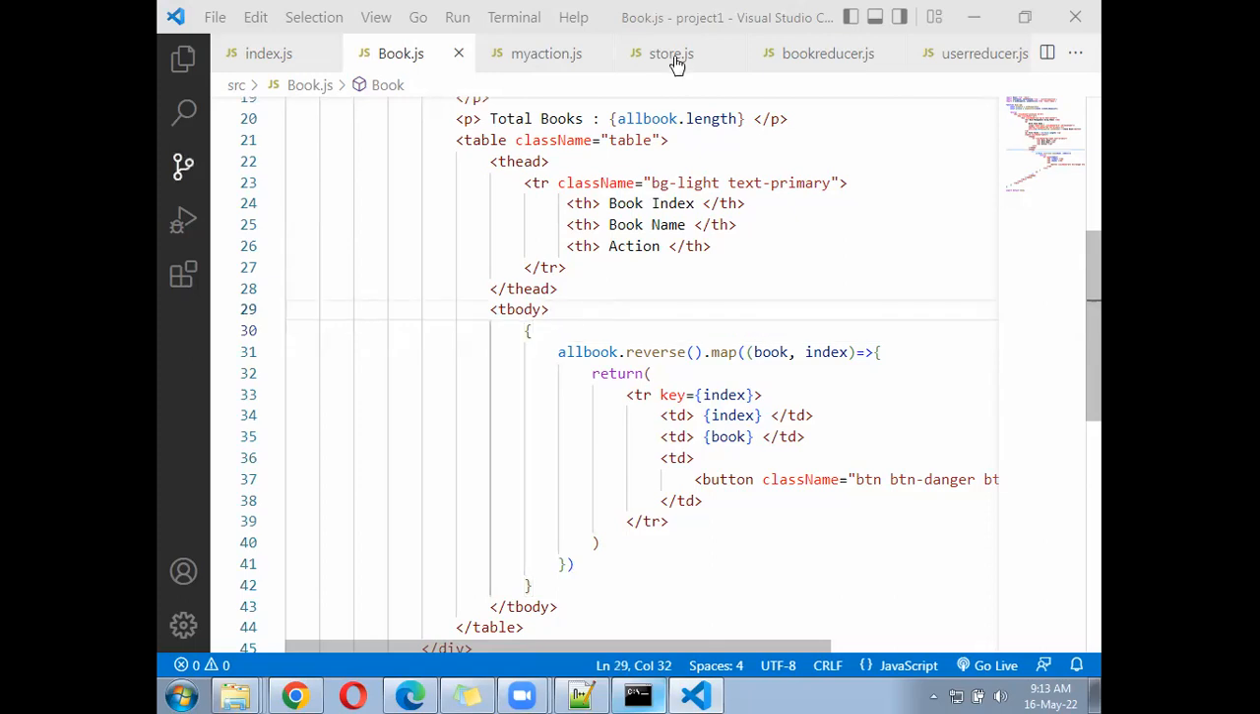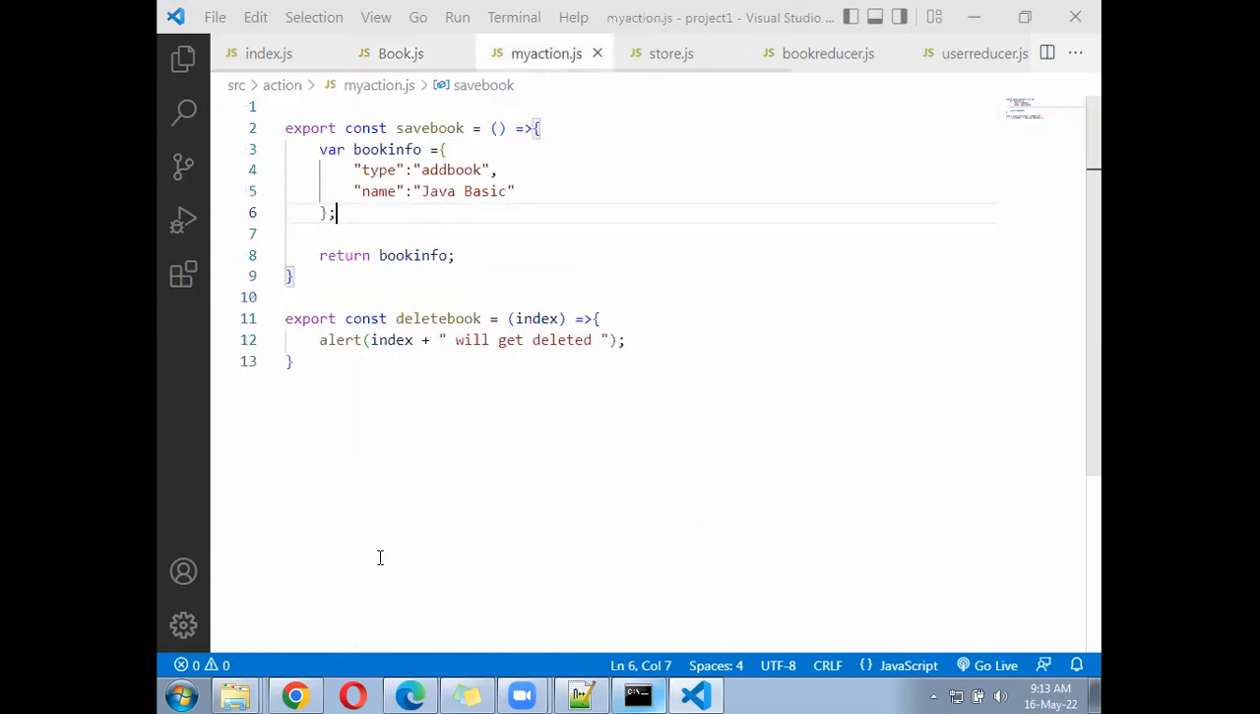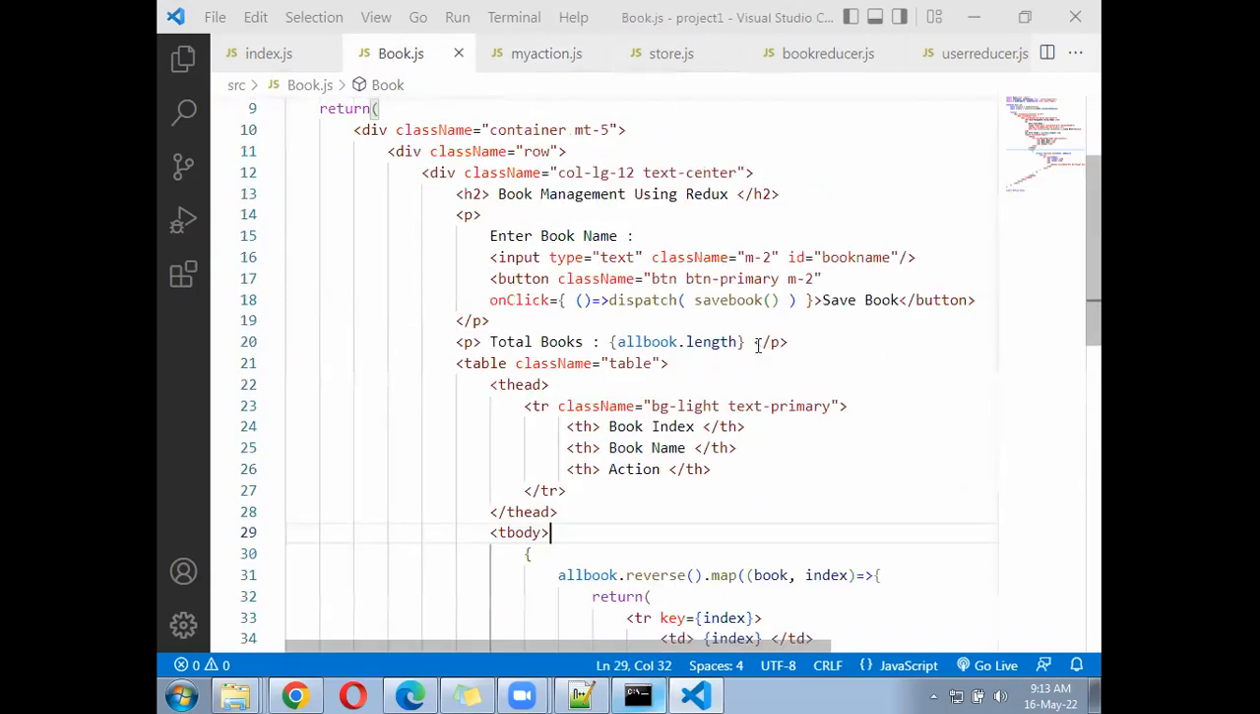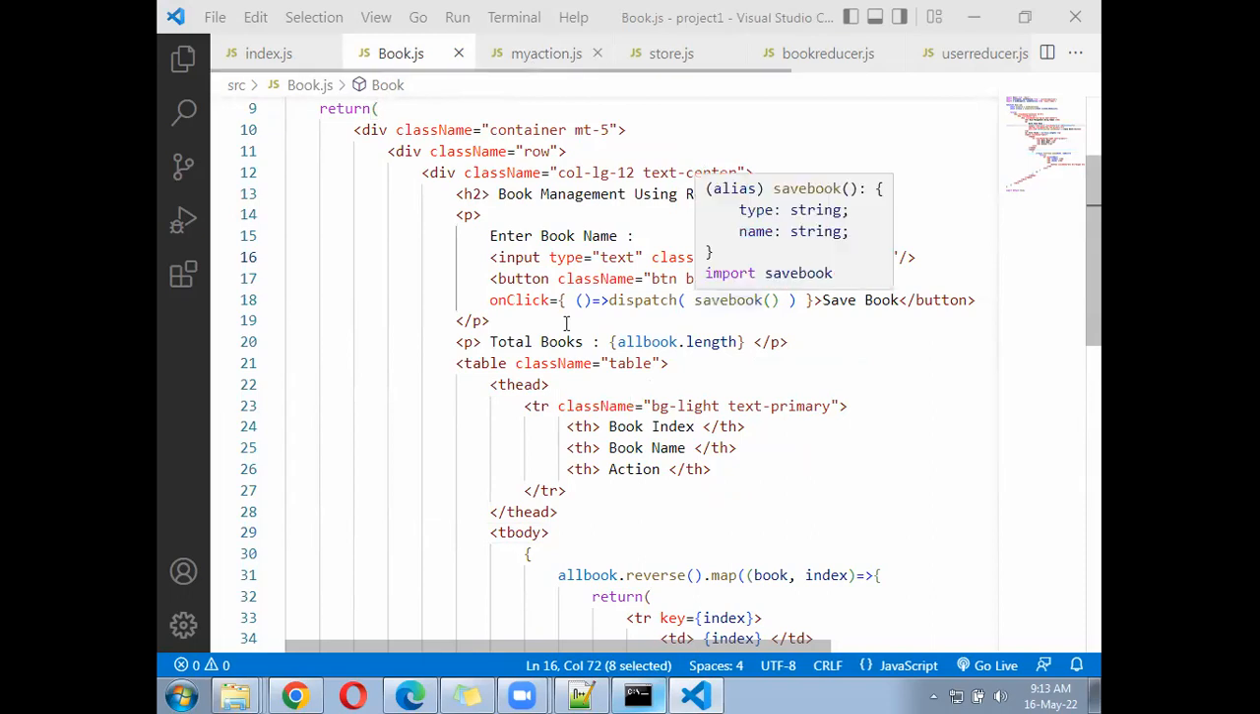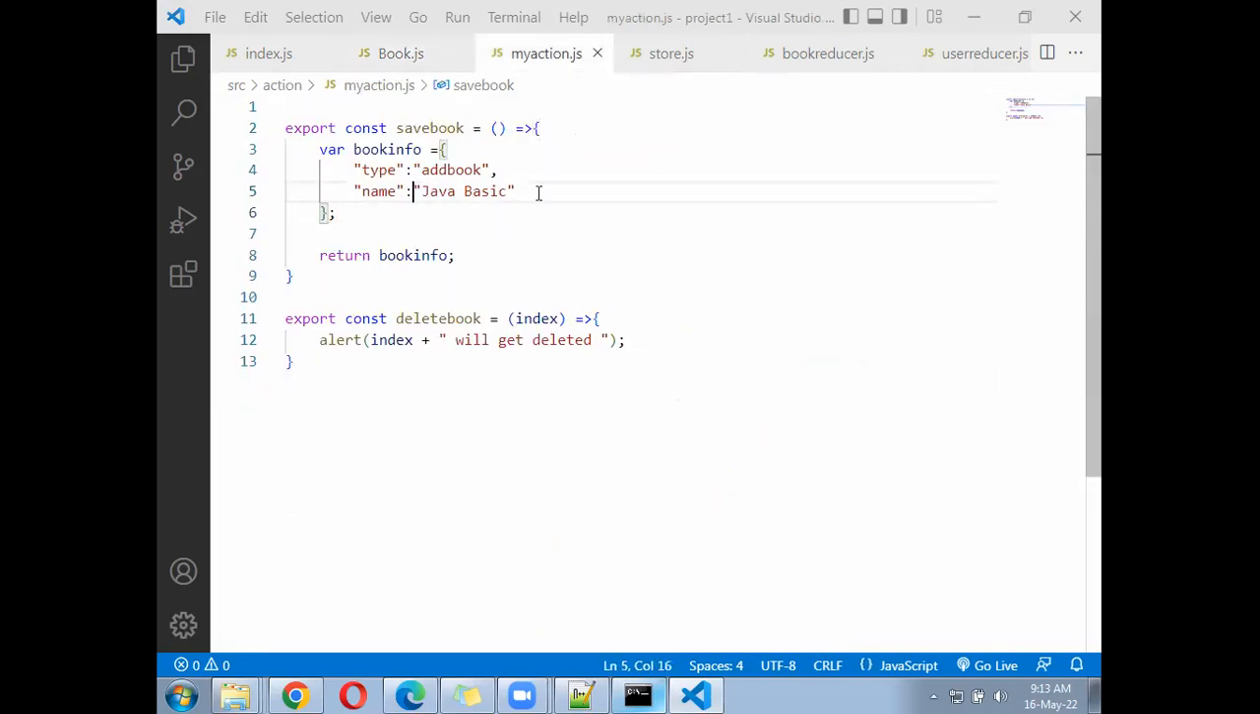Now come to the action file. In the book.js file, you can see for the text box we have given an ID for book name. Come to the action file. Here what we have written is Java basic. We can write here